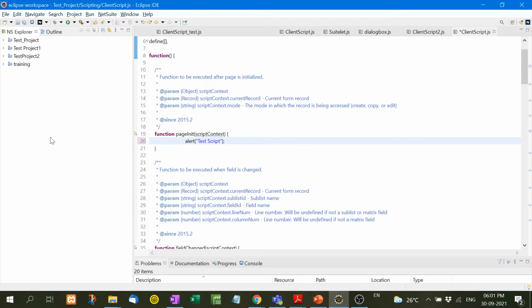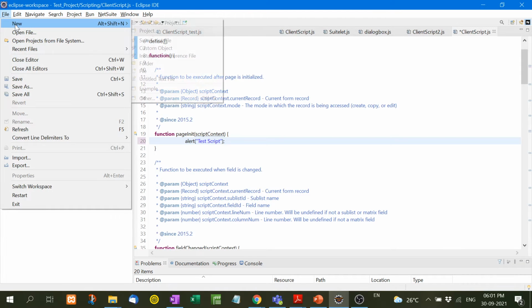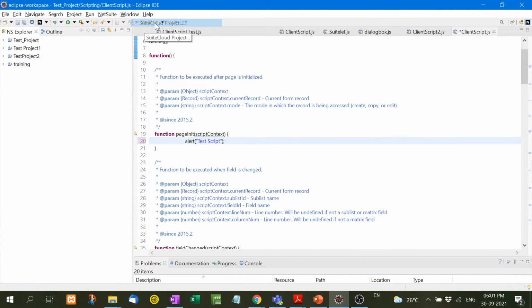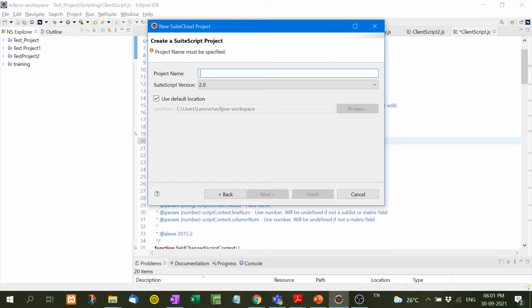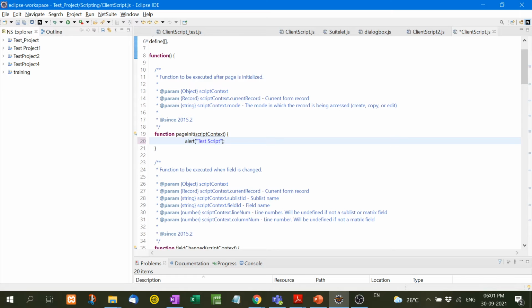In my left side you can see here we can create a new project. Let me create a new SuiteScript project. Here, new SuiteCloud project. Click here. Here, SuiteScript. Next, it will ask the name, test project 4. Yes. Finish. Now you see here test project 4 is created,